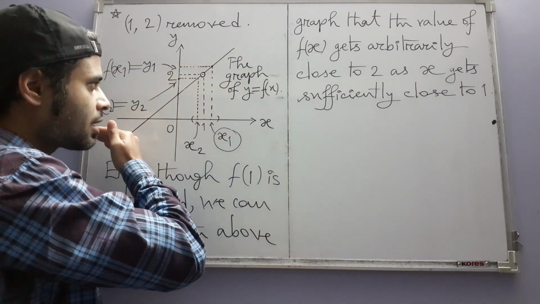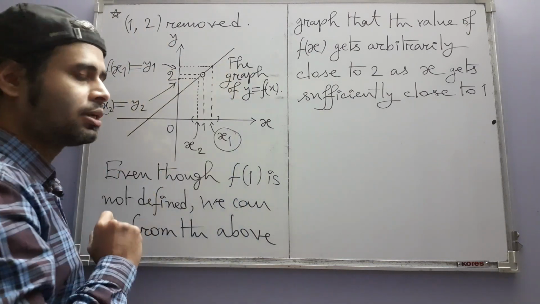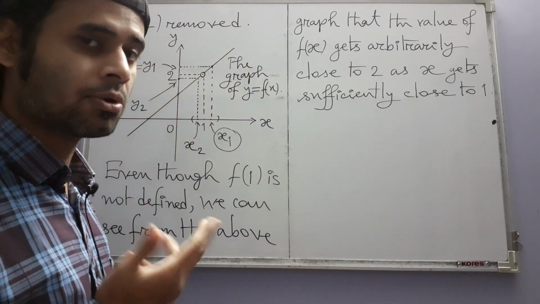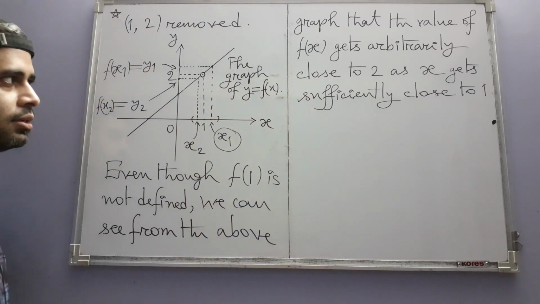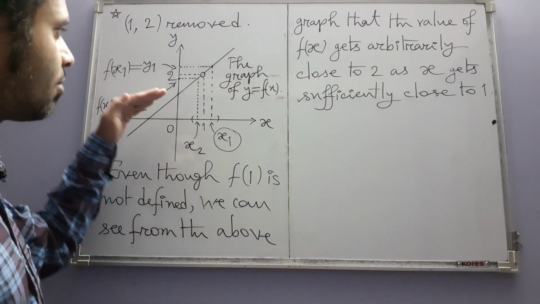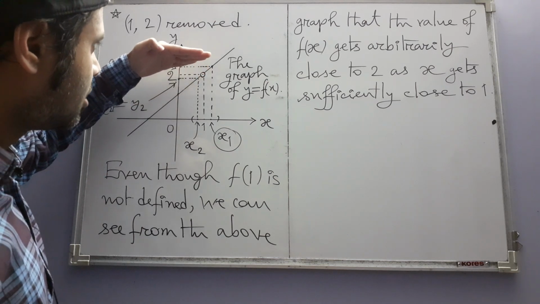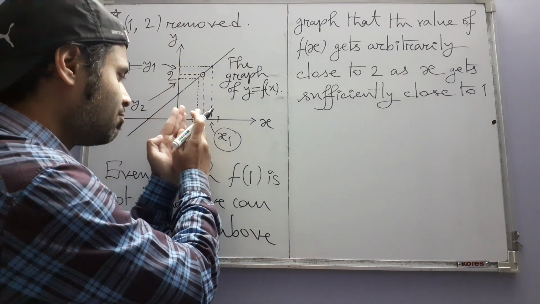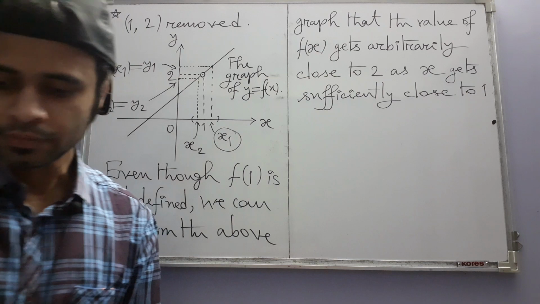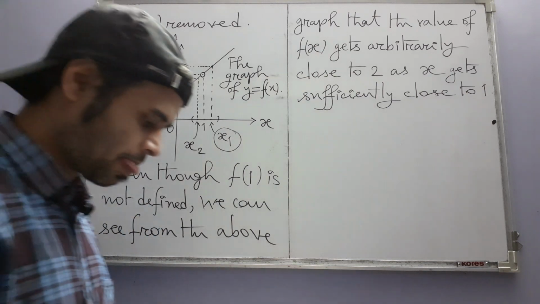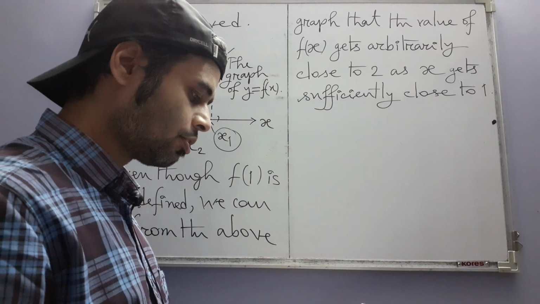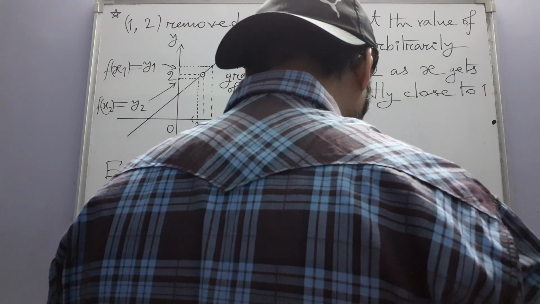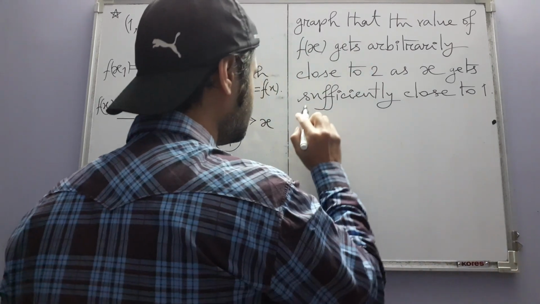So that is why this half can get as close to that missing point as possible, and the upper half also can get as close to the missing point as possible, 1, 2. So that's what we have written here, and because of that, f of x value, or y value, can get arbitrarily close to 2 either from this side or from that side by making x sufficiently close to 1. Sufficiently close or close enough to 1, same meaning. And to express this, we say